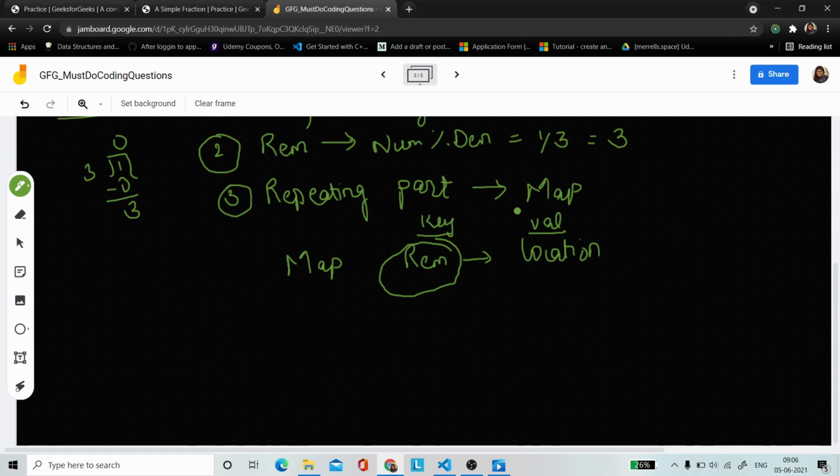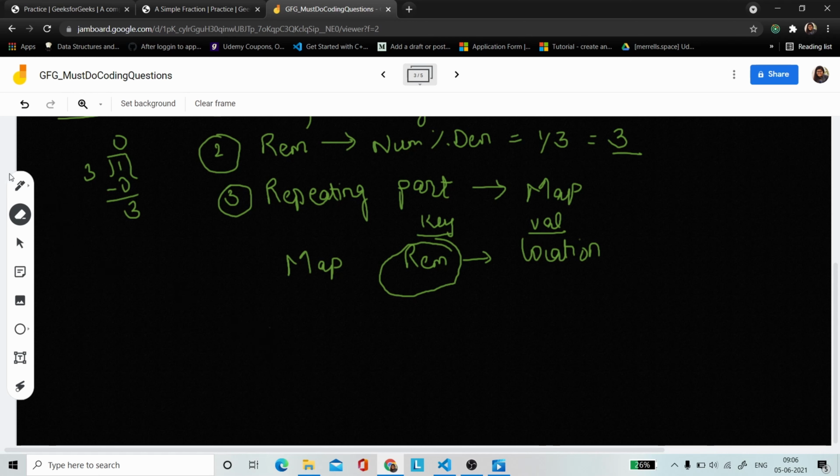So for this, what you can do is take a map, and initially the remainder was 3, right? So initially we can take different strings in order to perform this task.